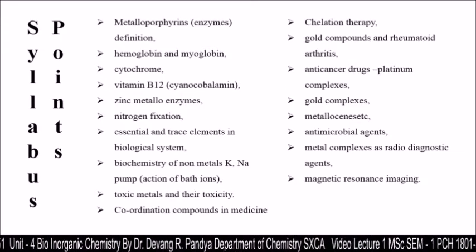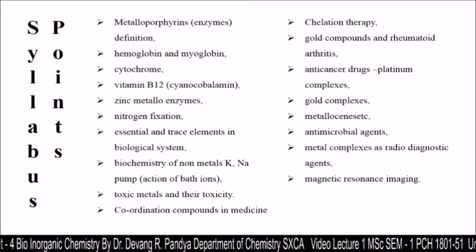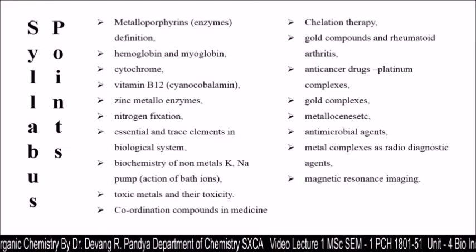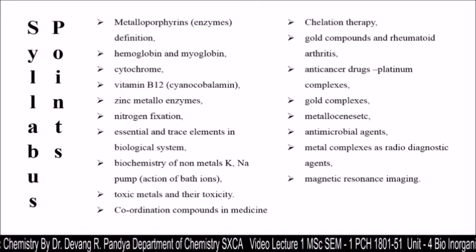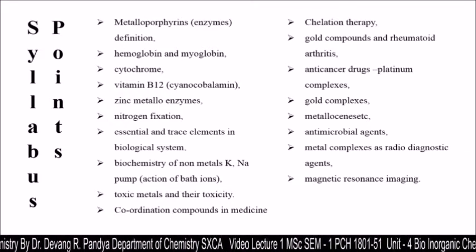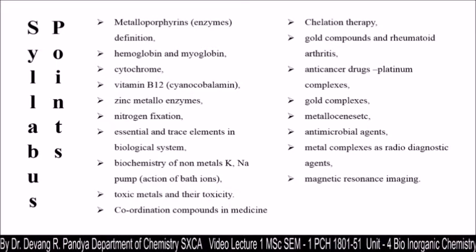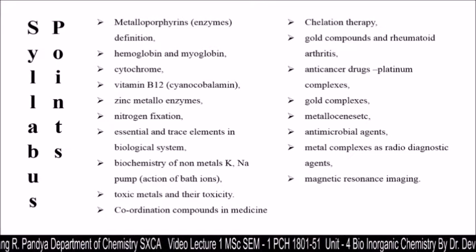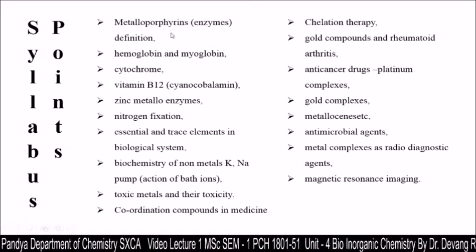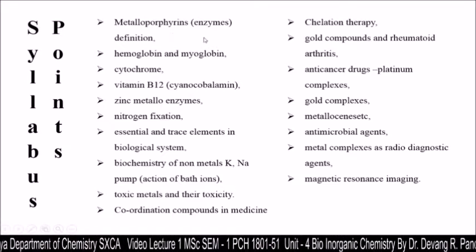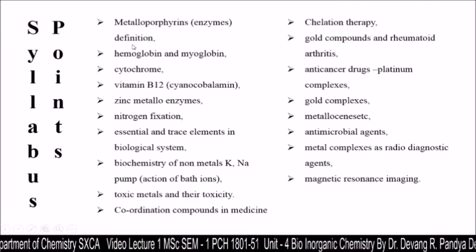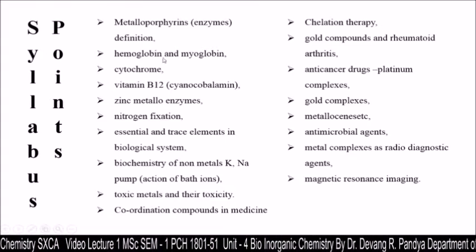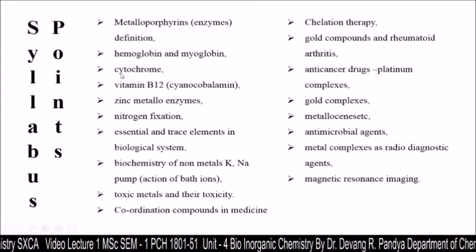These are the syllabus points that we need to discuss in this unit. It is a very lengthy unit, but the information is very interesting and very important. We will begin this unit with the discussion of metalloporphyrin enzymes and their definition. Then we need to discuss hemoglobin and myoglobin, then cytochrome,